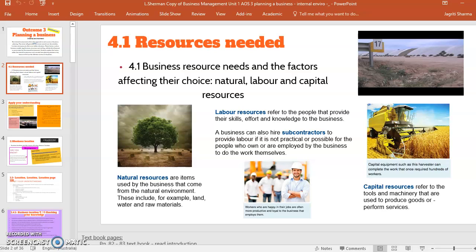How are you going to pay them fairly? Giving them healthy working conditions, this is really important. Sometimes employees don't go after the money. They want a really good environment. They want a good boss. So you need to be able to address all these issues. We are going to learn all of this in your year 12 as well. There's going to be a lot of detail about this.